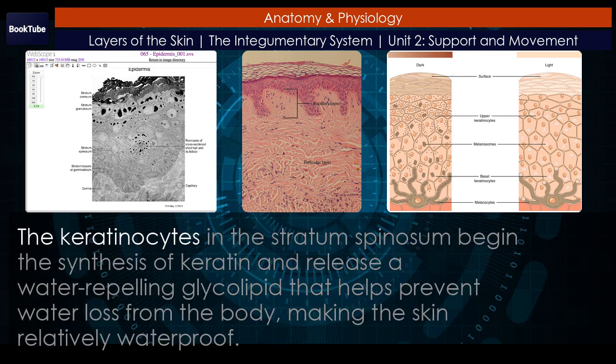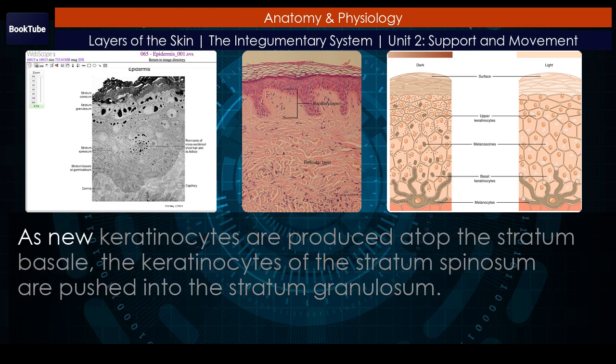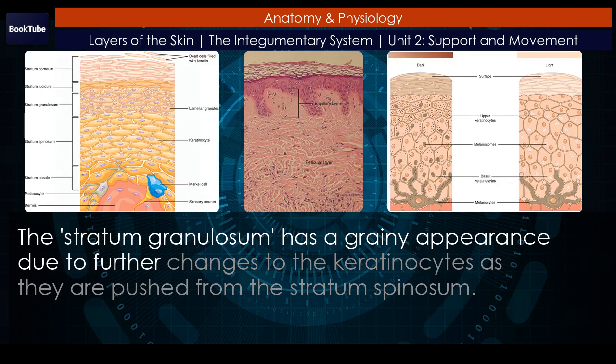The keratinocytes in the stratum spinosum begin the synthesis of keratin and release a water-repelling glycolipid that helps prevent water loss from the body, making the skin relatively waterproof. As new keratinocytes are produced atop the stratum basale, the keratinocytes of the stratum spinosum are pushed into the stratum granulosum. Stratum granulosum. The stratum granulosum has a grainy appearance due to further changes to the keratinocytes as they are